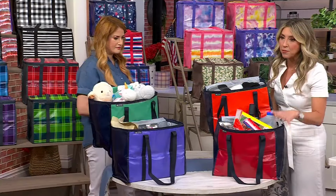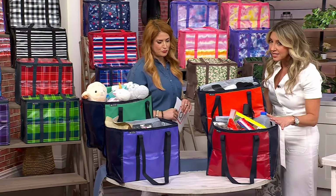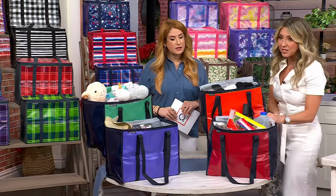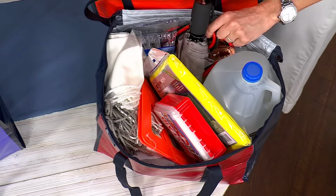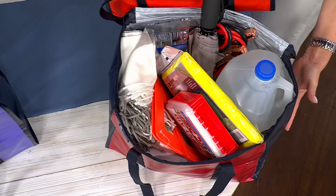This is awesome. Keep one in the back of your car as your emergency kit. Oh, yes. You can keep these unzipped or you can zip them up, okay? But your water, your hazard lights, an extra blanket, your umbrella, your jumper cables in there. That's really smart. Because they stand up straight because the